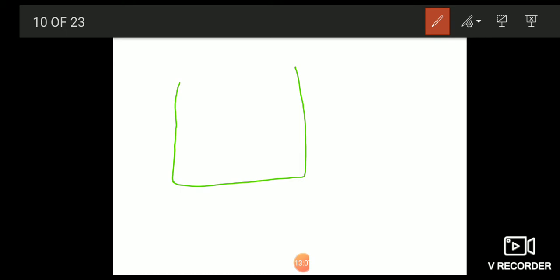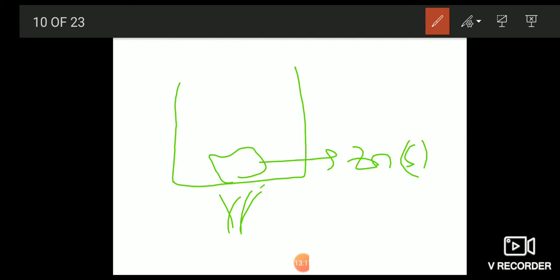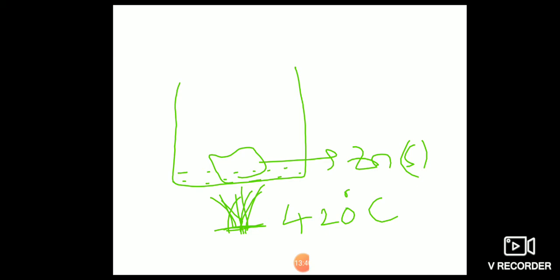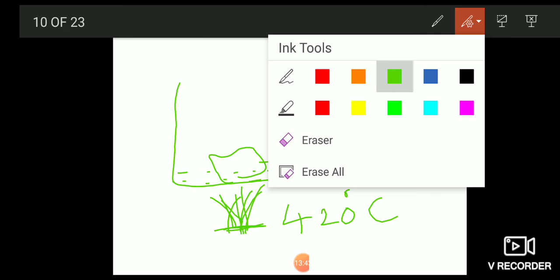We are starting with pure zinc metal, solid zinc metal. Now heating up to which temperature? 420 degrees Celsius. Now at 420 degrees Celsius, what will happen? It is the melting point, so the zinc will start melting. That is, the melt is formed. I shall show the melt in a different color. Of course, okay, same color.